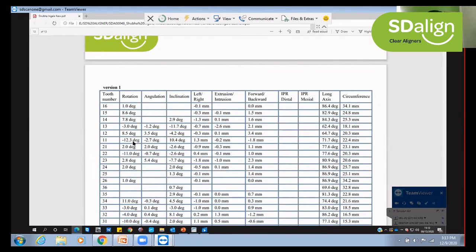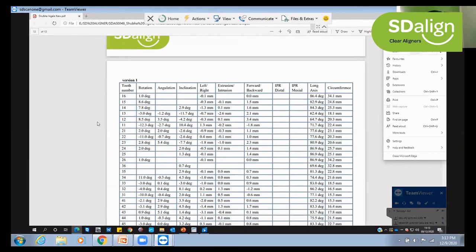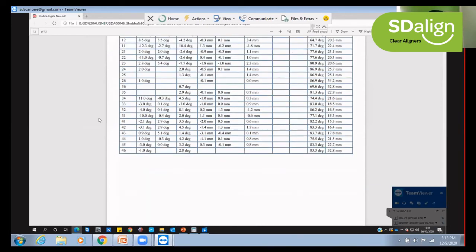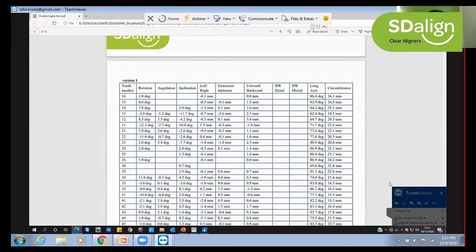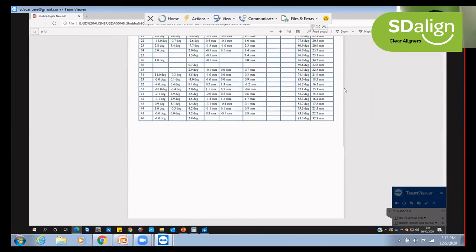Now we also share this crucial page, if we can just wait for a second on this page. What we want to see on this table is the total tooth movement for the whole case for each tooth in all planes of space. So this is very important to know, so that we know the total tooth movement vertically, sagittally, transversely, how much each tooth has moved in each direction. So also a snapshot of this we include in the final PDF.